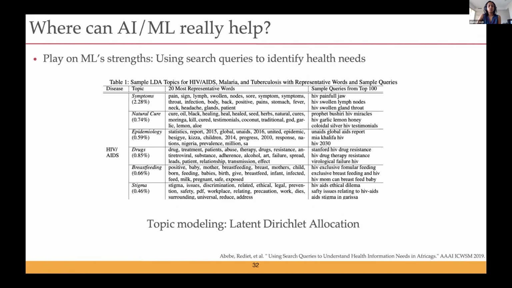But you can actually do a lot of good things with machine learning. For example, this is Rediet. You probably have heard her give her talk as well. I really like the idea of just using search queries to figure out what is the information people are looking for, and then give the kinds of interventions that people actually need. That does not mean that you,